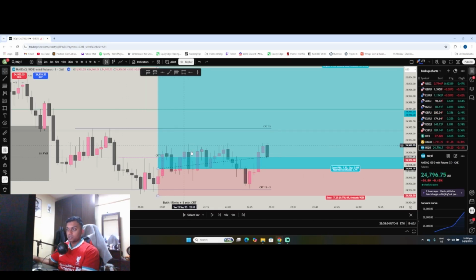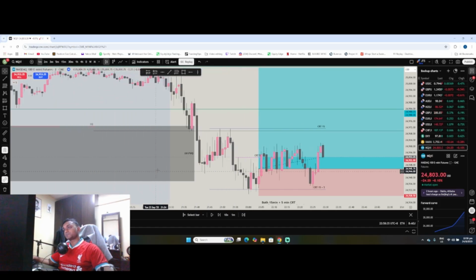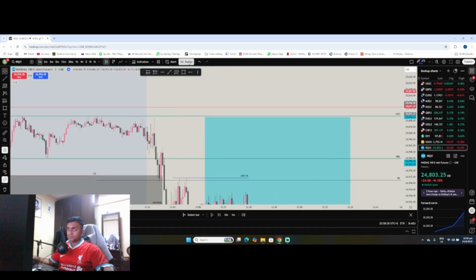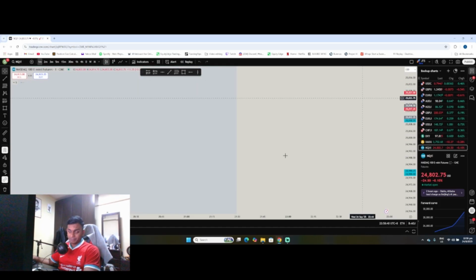right? So I wanted to re-enter from this point, this line right here, these dotted lines that you can see on the screen right here, right? But because we created that 5-minute CRT, I just entered it off. I didn't even wait for the inverse of the fair value gap, because our 15-minute CRT was here, right? We would have entered here, this purple blue line right here, right? But instead, I was confident that yeah, the trade's gonna go up, so I entered it here, and as you can see, we hit TP,